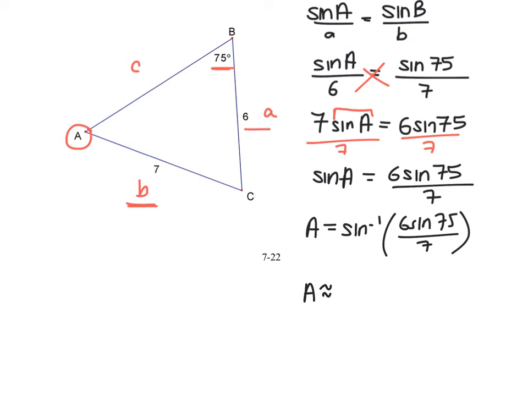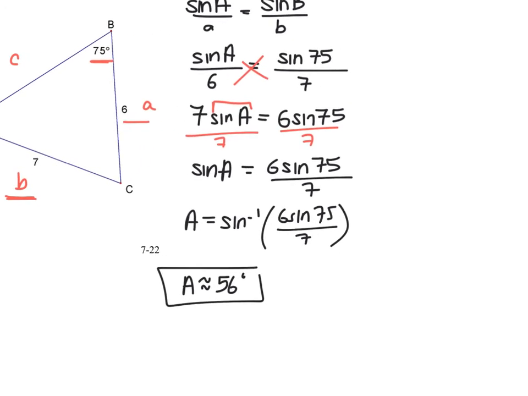So you're going to hit the shift button, then sine, which opens up a bracket, and then you're going to hit 6 sine 75, close the bracket, tab your angle, divided by 7. And you should get approximately 56 degrees. If you have a calculator that has that fraction button, use it for that 6 sine 75 over 7. Otherwise, you can use division. If you didn't get this answer,